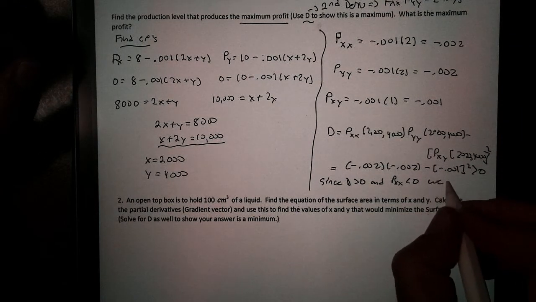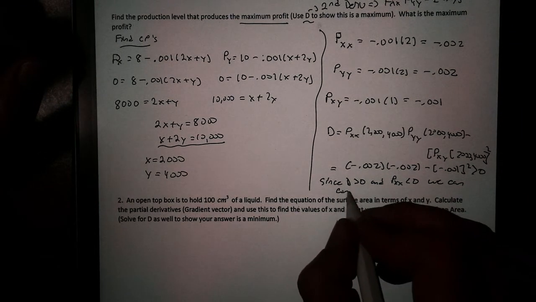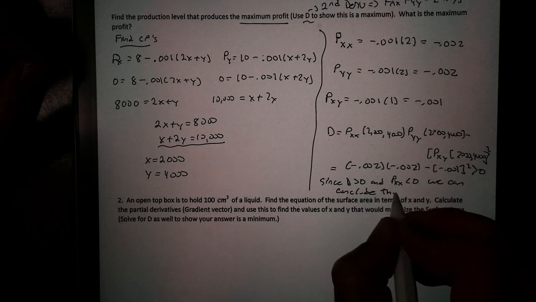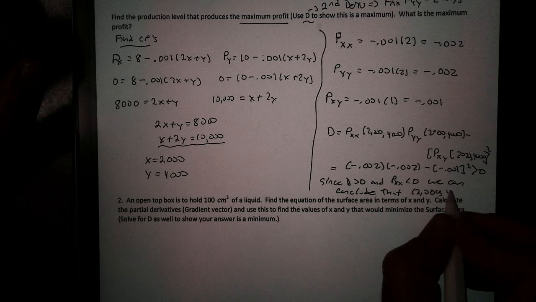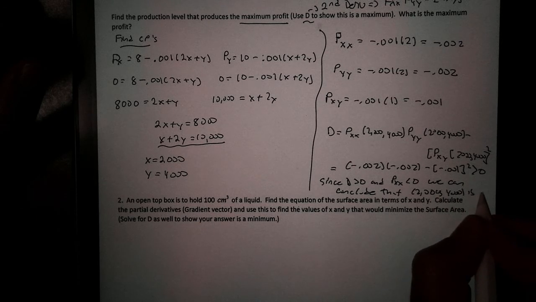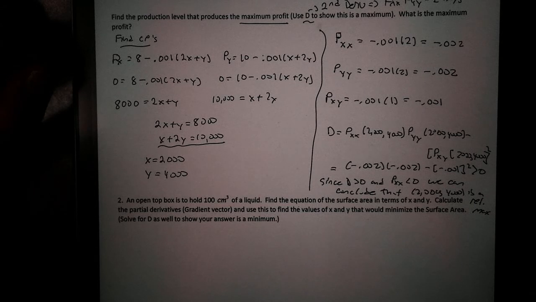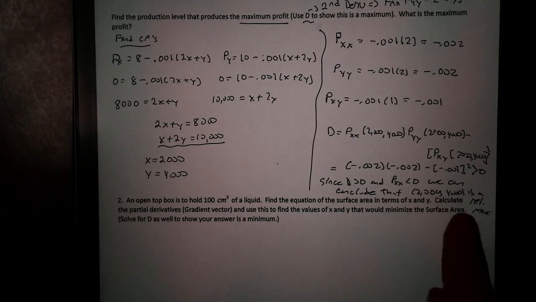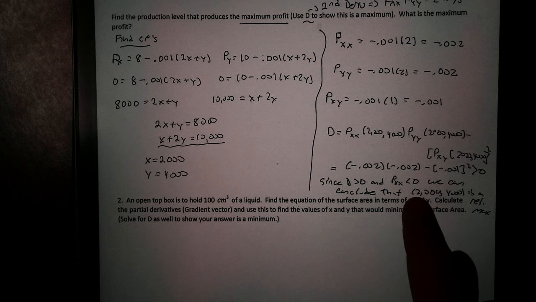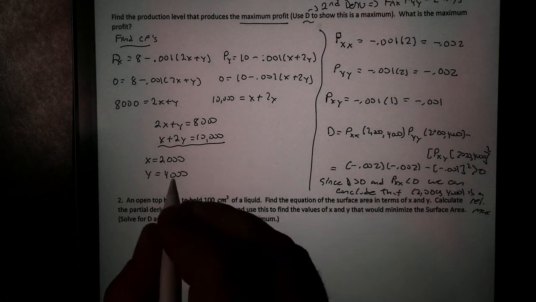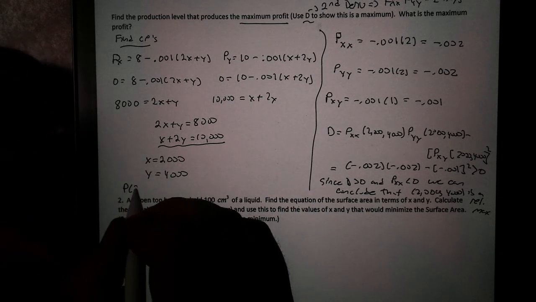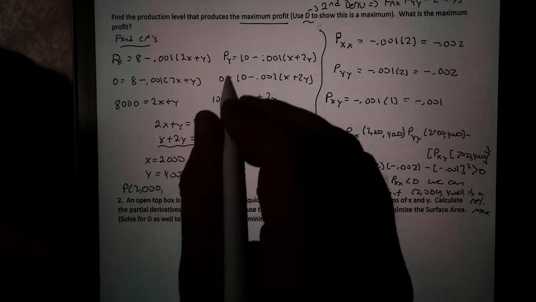So we can conclude that 2,000, 4,000 is a relative maximum. What this is telling us is that if we sell 2,000 PlayStations and 4,000 Xboxes, that's going to maximize our profit. So what's the profit going to be? They do ask us that. If I just plug that into my profit equation,